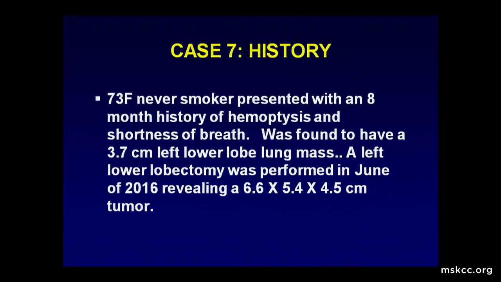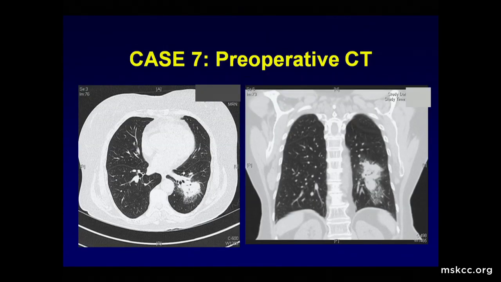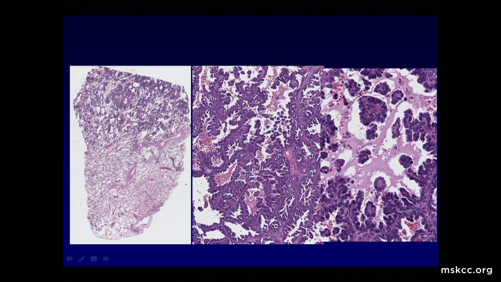So this was a 73-year-old never smoker who presented with hemoptysis, shortness of breath, was found to have a large mass. Here you can see the CT with a lot of ground glass at one edge. And here you can see this is the tumor, and then here's all this non-neoplastic looking parenchyma. Interestingly, within the tumor, we have all of this micropapillary growth, some of which shows this commonly